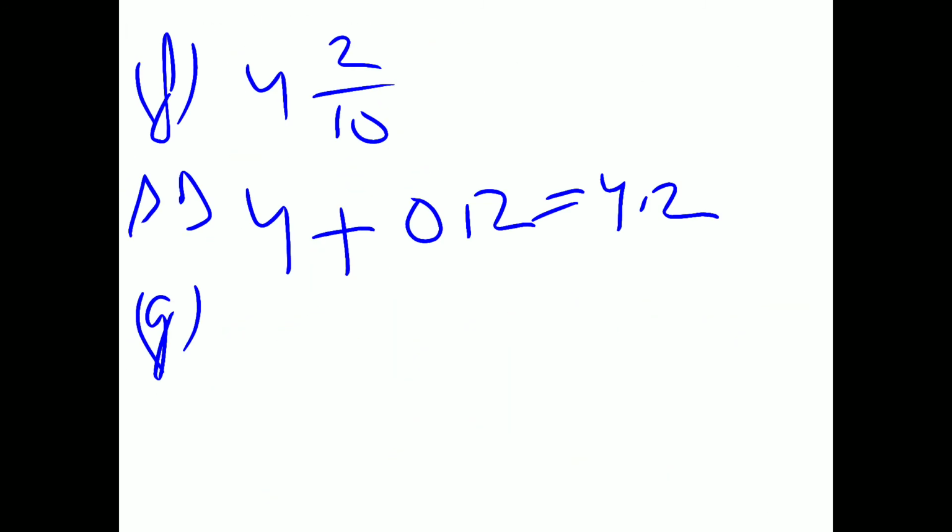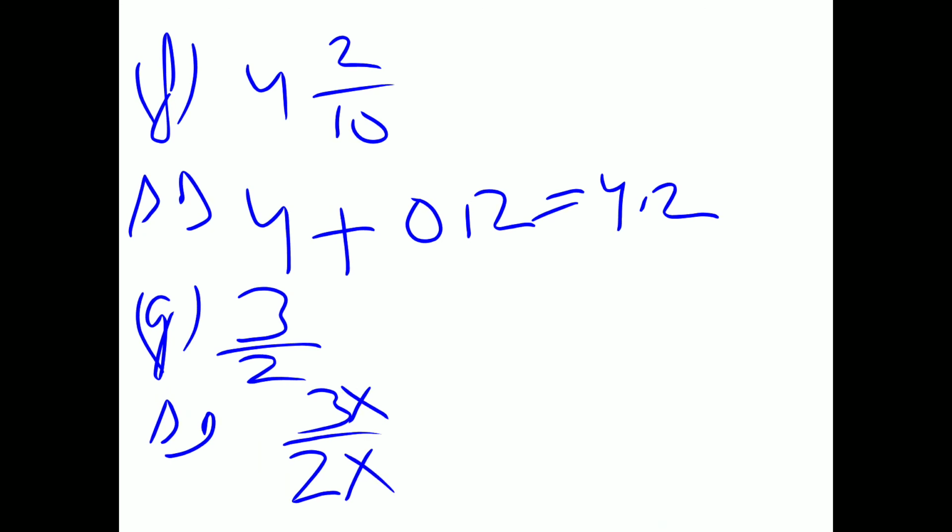Now we do G part. 3/2. So now see, there is written 3/2. Down there is not a 10. So how can you write it? You have to multiply with any number so that down 10, 100, 1000 becomes. So what I will do? Multiply with 5. Up also. 3 5s are 15. 2 5s are 10.